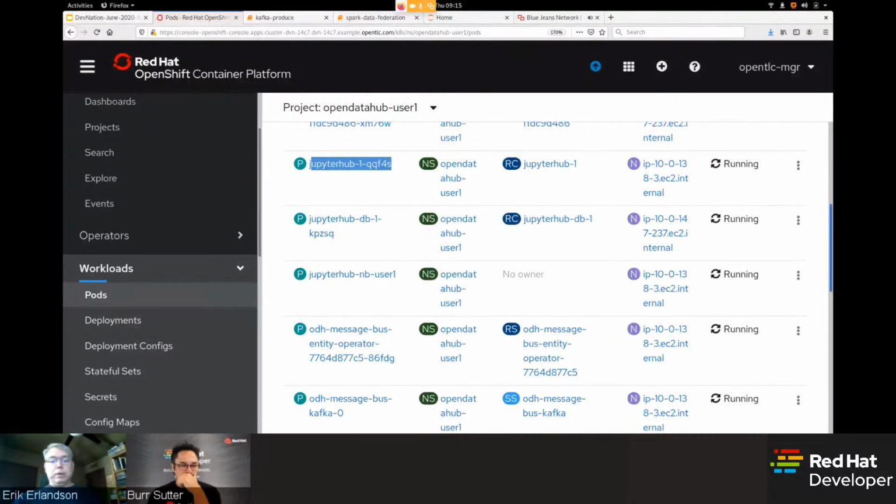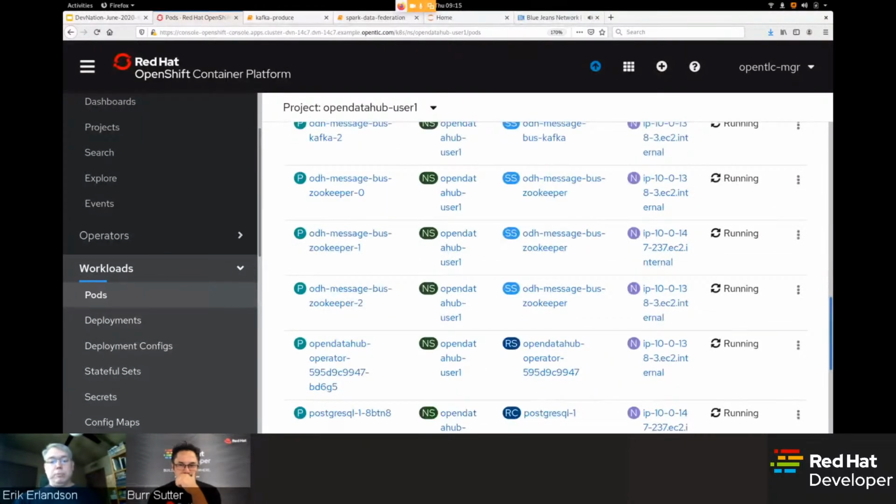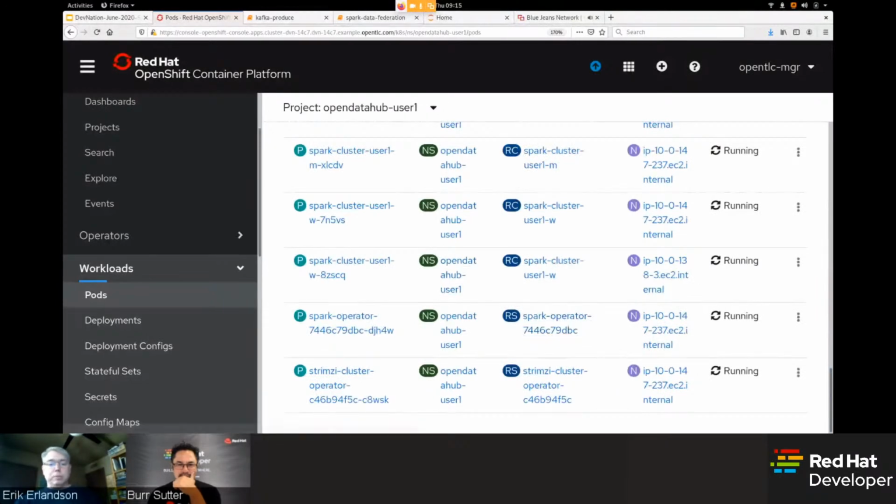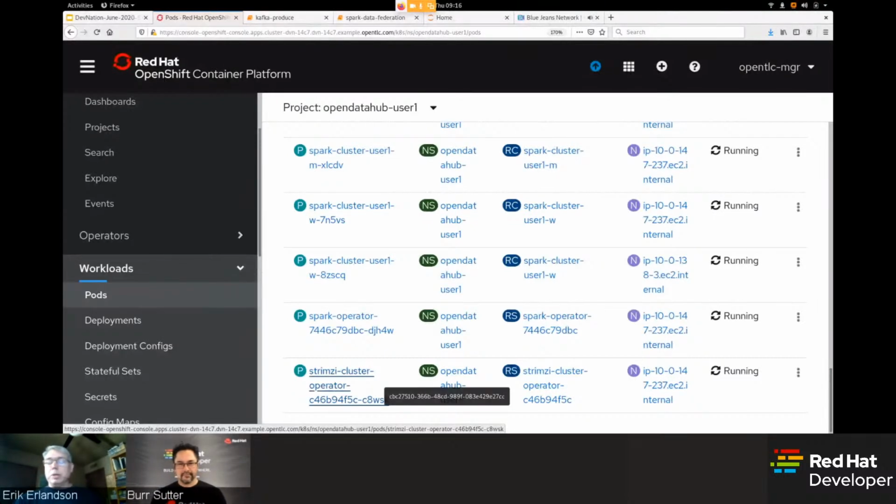And if you look down here, Open Data Hub automatically spun up a Spark cluster for me. So you can see that this is the Spark driver process, the worker node. And then somewhere here, there's two workers. Here's the Strimzi operator, which I use to spin up Kafka. I'll be talking about the Kafka in a little bit. So I'll return to my notebook.